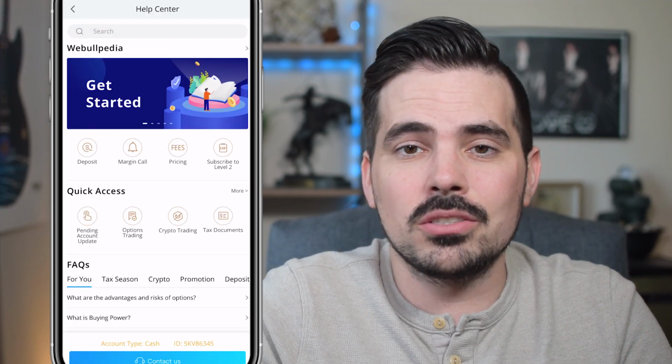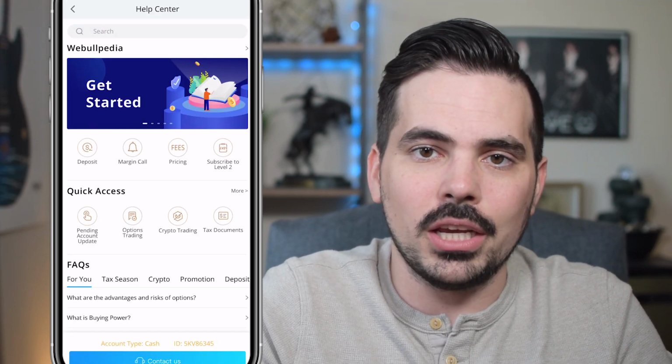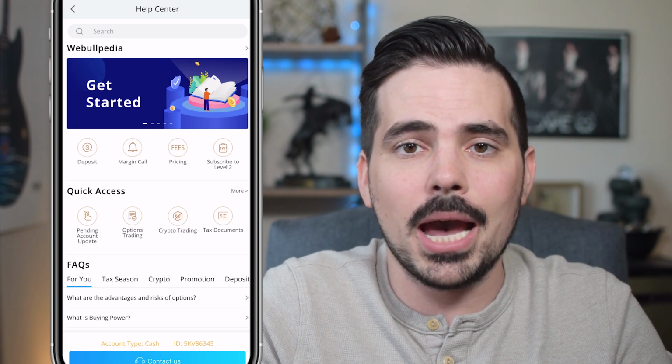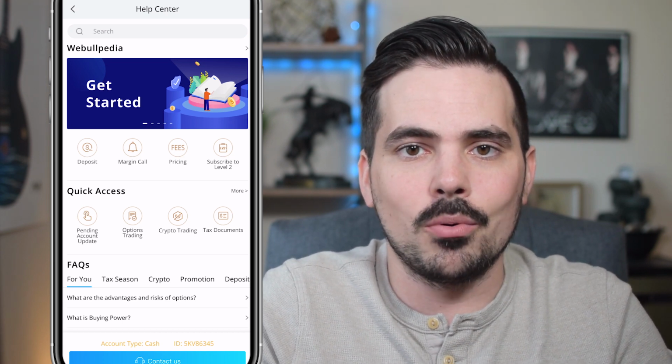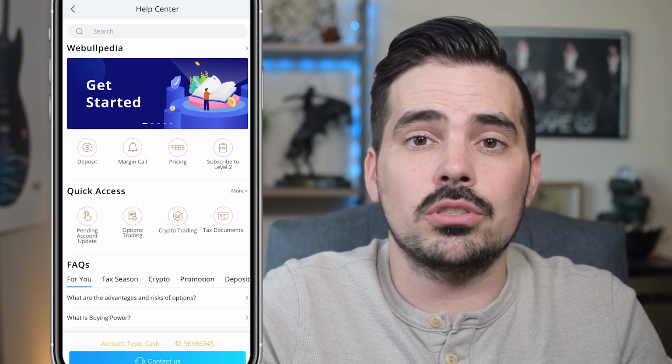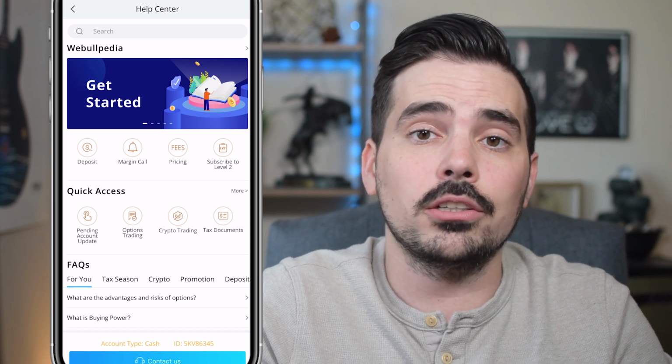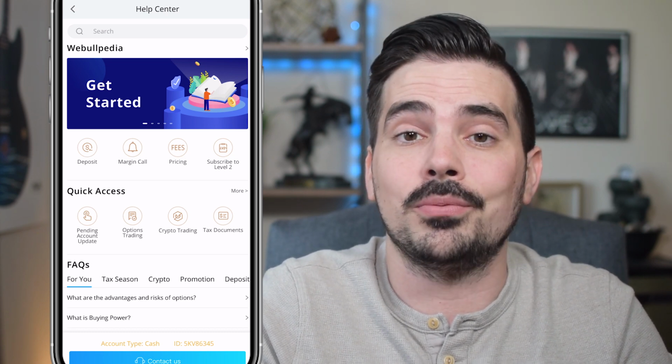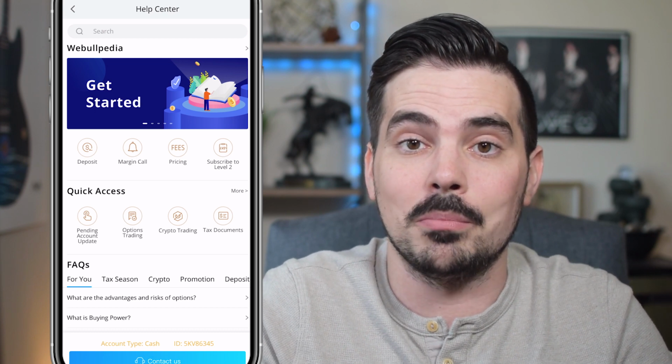Now, one of the biggest cons when it comes to Webull is the lack of education pieces when it comes to using the app. It can be a little cumbersome at some points as well, but nonetheless, it is still a great platform across the board, not just on mobile, but also on desktop if you're somebody who likes to go back and forth between both options.